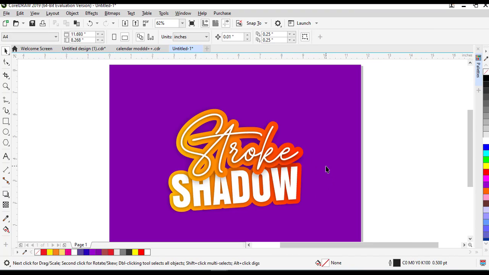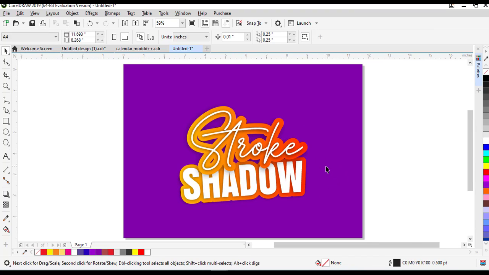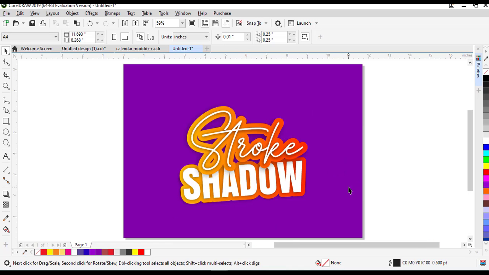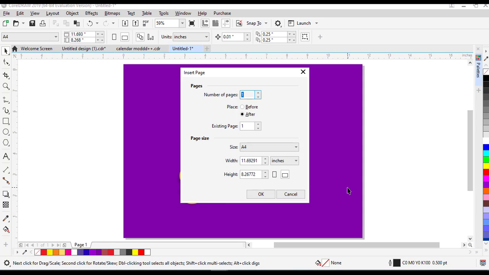Alright, so this is it. It's a cool effect. You can press F9 to open the full screen preview so that you can see it on your system just the way it is, like this now. Alright, so that's it for this. So let's move on to the next cool effect now. Go to another page,